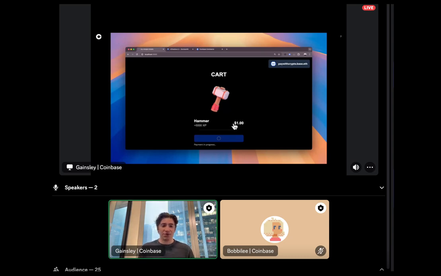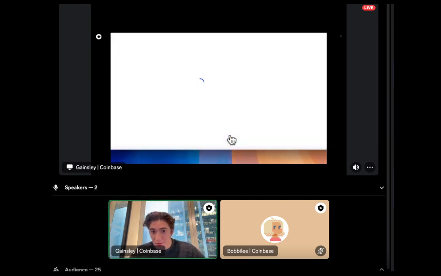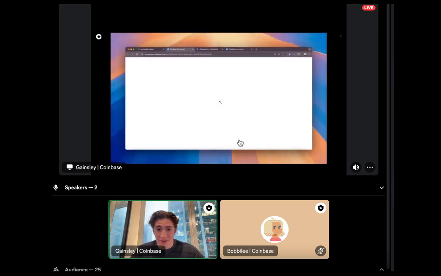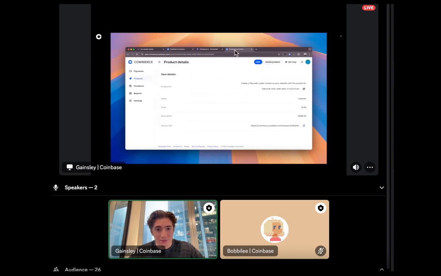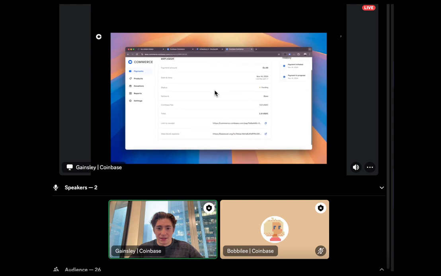And for the customer, we're trying to go above and beyond too. As you'll see, I might click here. We're offering them receipts, right? Which on-chain apps do you know offer receipts? Well, we've got you covered. You can get receipts, view the transaction on the Block Explorer. You can send the receipt to your email, so you as the user can account for it later. And when I navigate back to my commerce portal, you'll see here my hammer payment is pending, and I'm good to go.